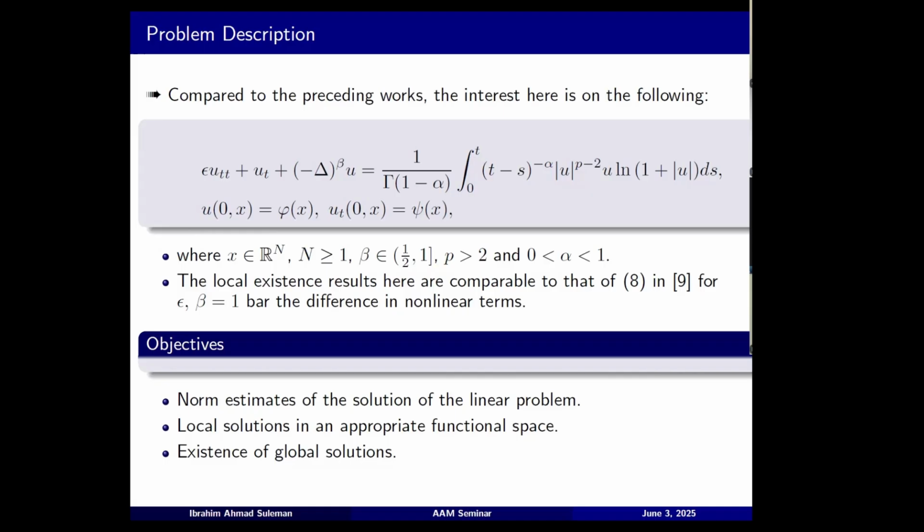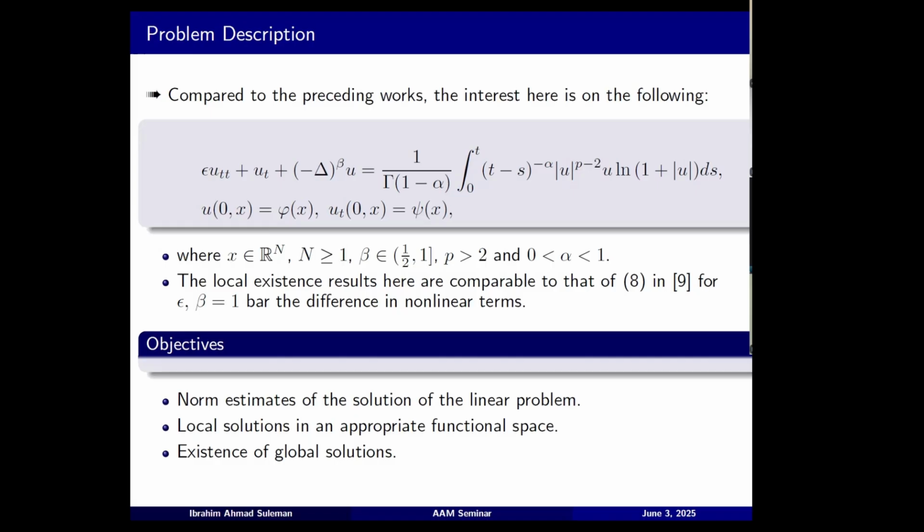So compared to the works that we have seen and the motivations, we are interested in the global existence problem for this equation. Epsilon in principle should be small since we are following Catania's idea, but we allow it to be equal to 1. So we can cover the wave equation of Venus, for instance. And here is our nonlinear term, non-local in time, singular kernel, p strictly greater than 2, so that we keep in line with the condition of Osgood. So we can talk about blow up.